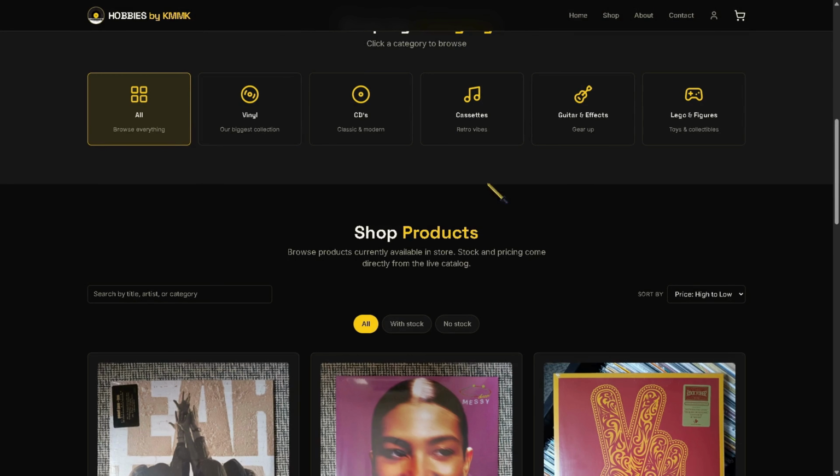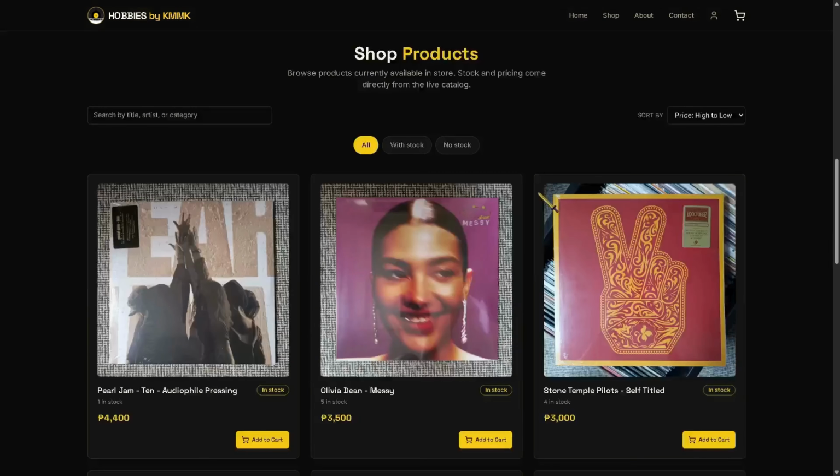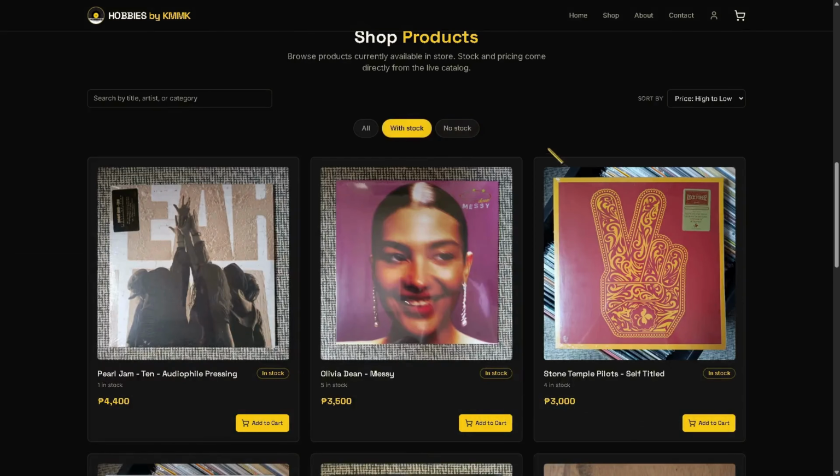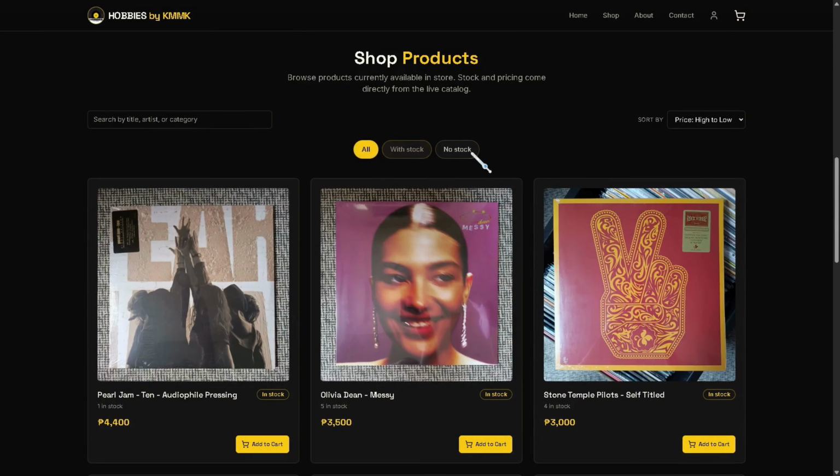And next we have the stock filter buttons, which is this center one. It is perfect for buyers wanting available items only, so you can see what items are in stock. And also